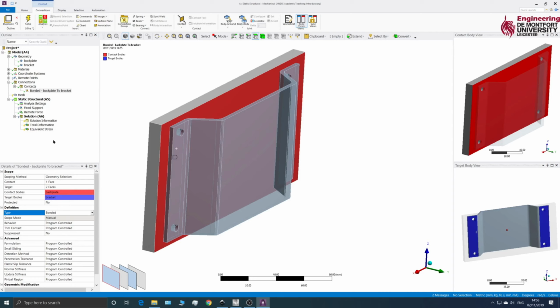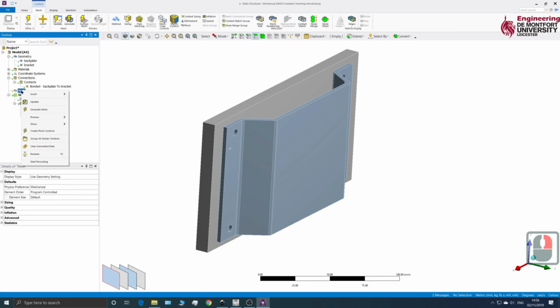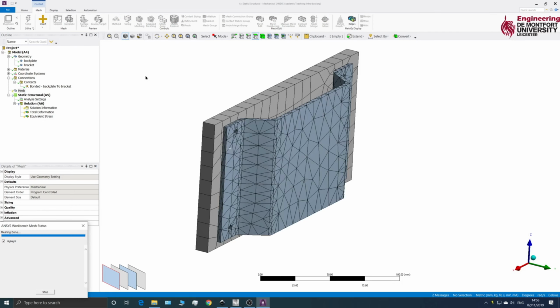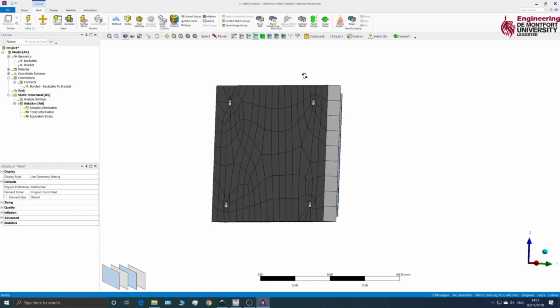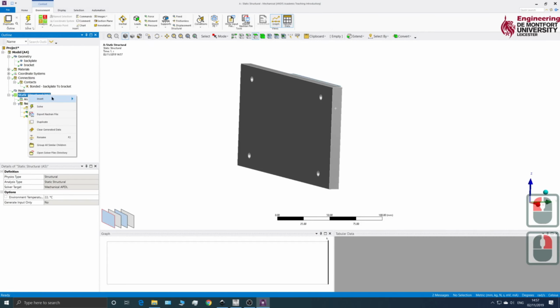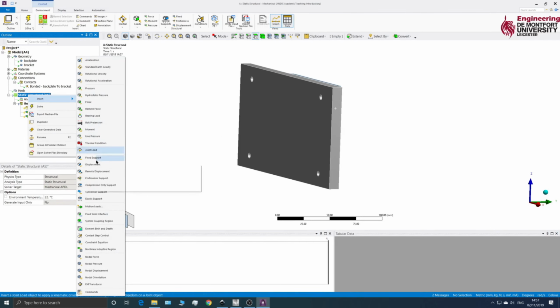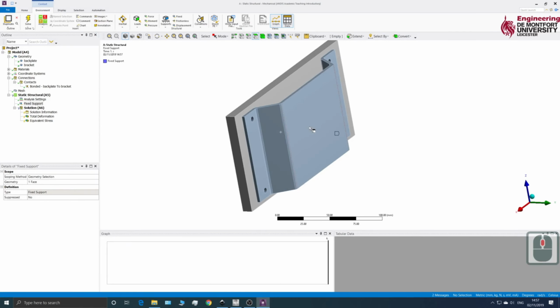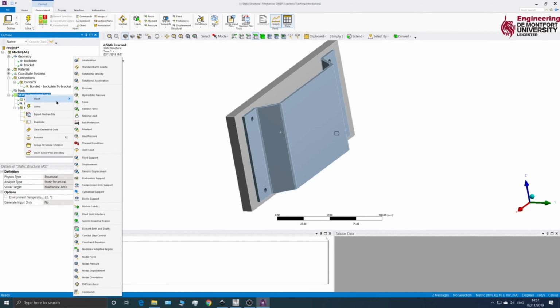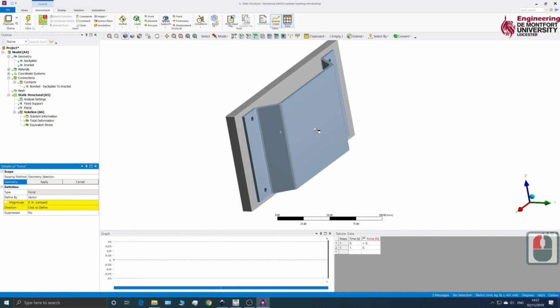Okay, now what we can do is add some more detail into our analysis. So we can mesh. Okay, so we've got a nice mesh now being produced, and we can just add some boundary conditions. Okay, so if I go on static structure, we'll go insert and we'll fix the back plate. Okay, and we'll add a force onto the front here. It might not be the most representative of what would happen, but this is just an example. So we'll insert a force, we'll just click on that face there,